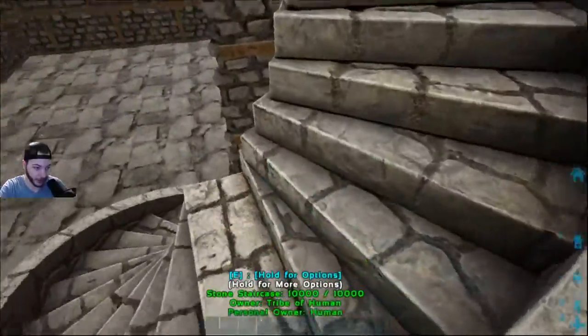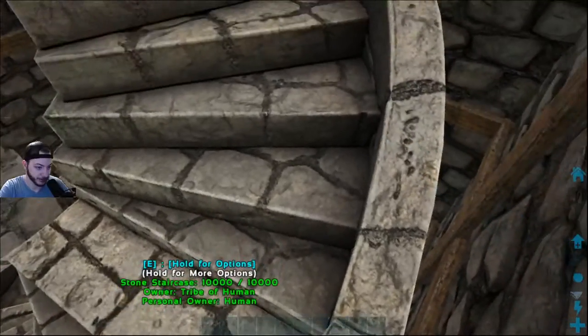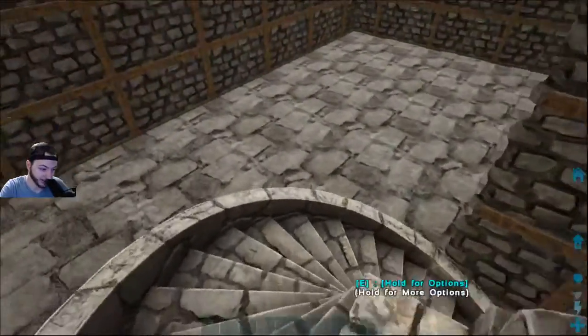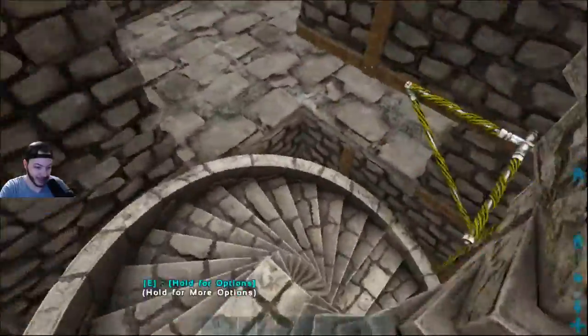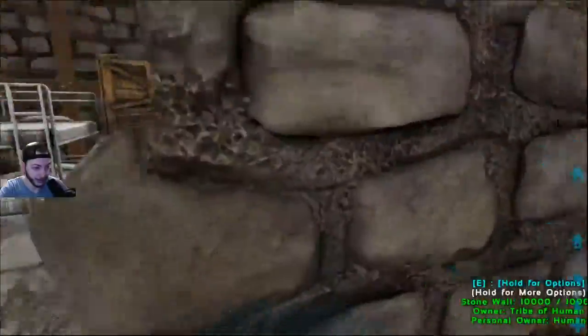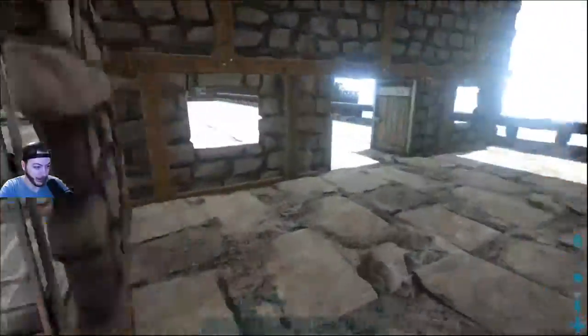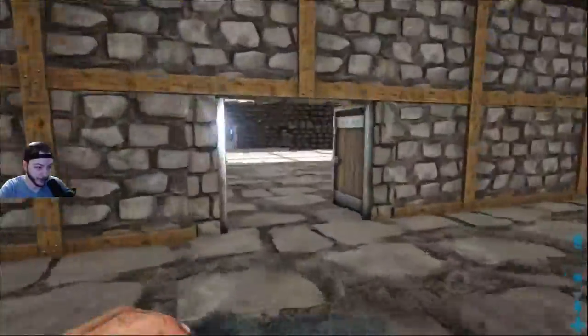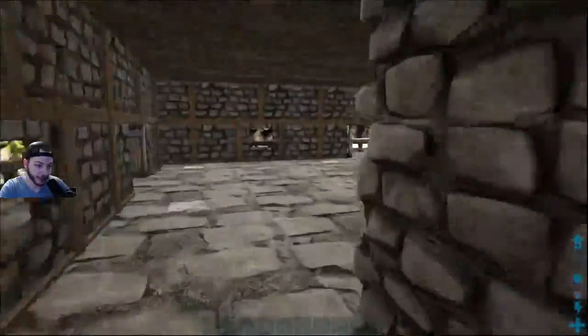What is going on? Why am I stuck? Yep. We need a second stairwell. There we go. We need a second stairwell because this stairwell is bugged. All right. Nothing in these storages, but if we come over here, oh geez, and come over here, this is